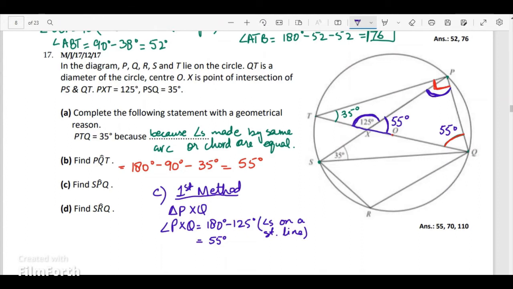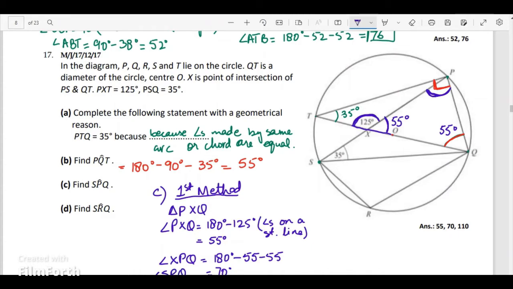So the third angle, that is angle XPQ, would be equal to 180 degrees minus 55 minus 55. The answer would be 70 degrees. And this angle is basically the same angle that they are talking about, angle SP